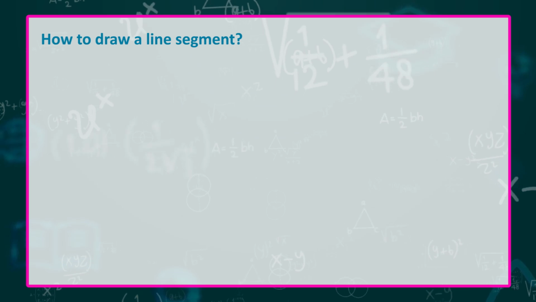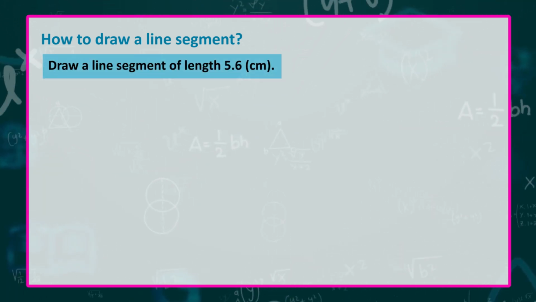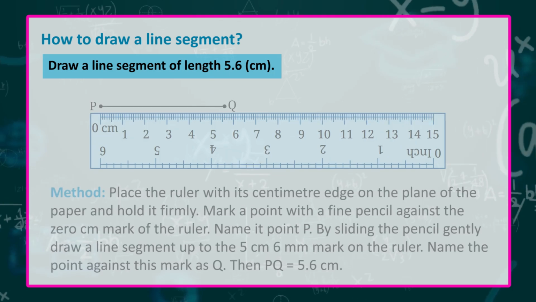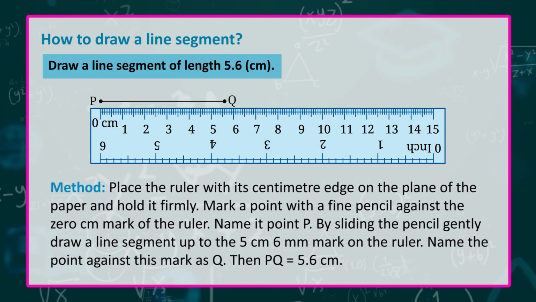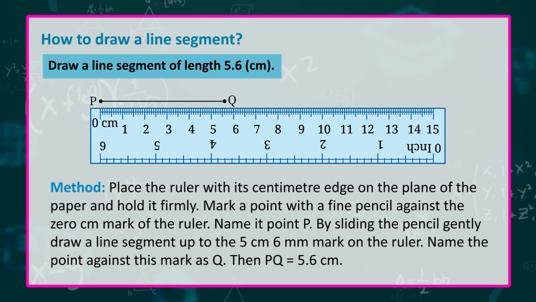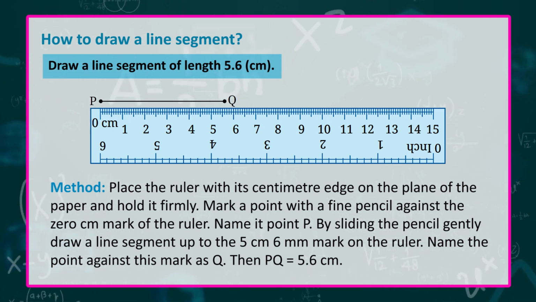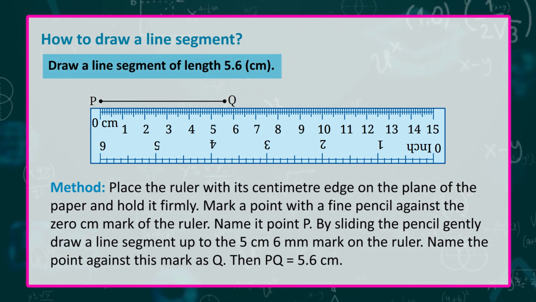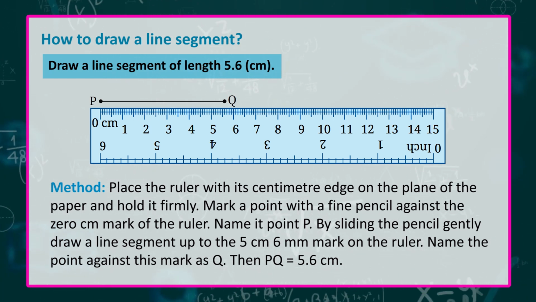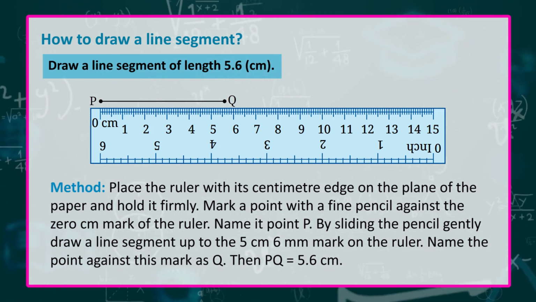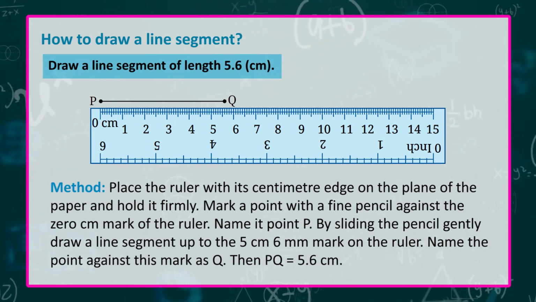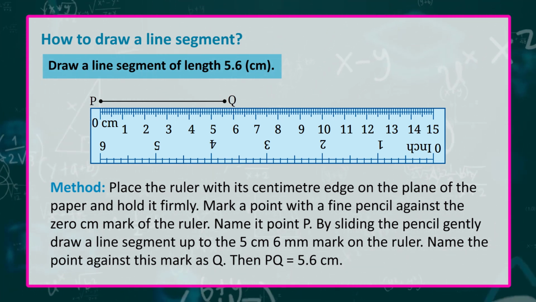How to draw a line segment? Draw a line segment of length 5.6 cm. Method. Place the ruler with its centimeter edge on the plane of the paper and hold it firmly. Mark a point with a fine pencil against the 0 cm mark of the ruler. Name it point P. By sliding the pencil, gently draw a line segment up to the 5 cm 6 mm mark on the ruler. Name the point against this mark as Q. Then PQ is equal to 5.6